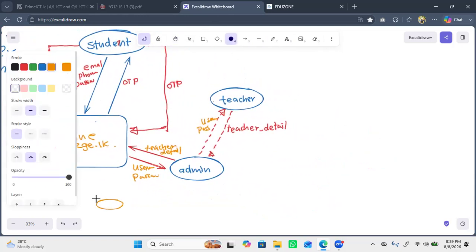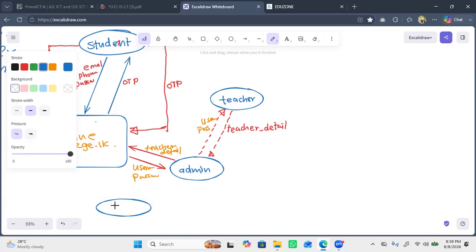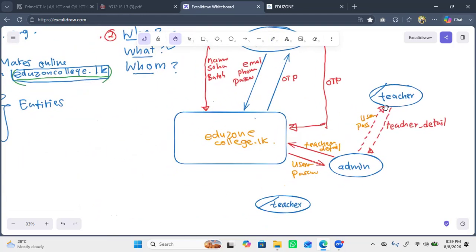I can draw the teacher entity again here, where I can directly contact the system, and I can show this is a duplicate with a small slanted crossing. From a small crossing, we can tell these two teachers are the same entity. I took a duplicated entity here